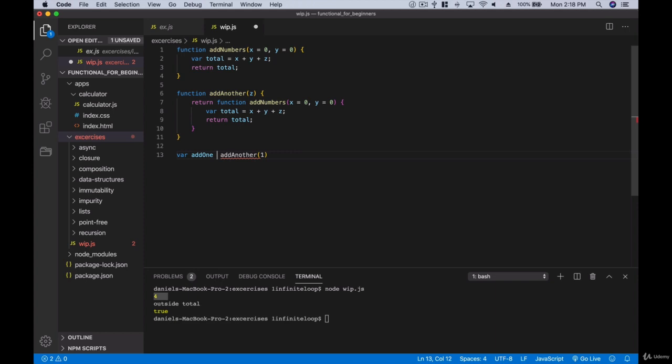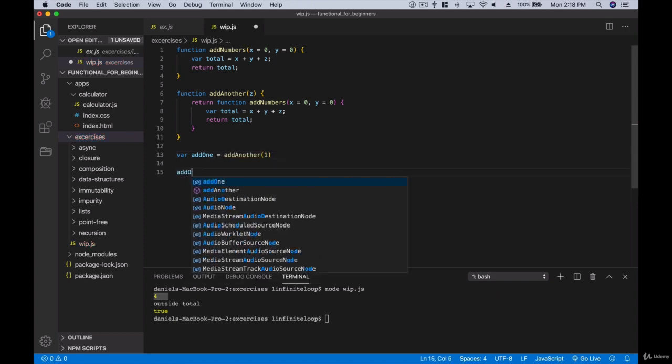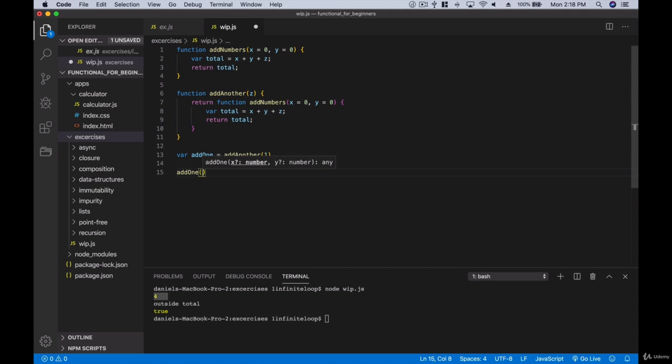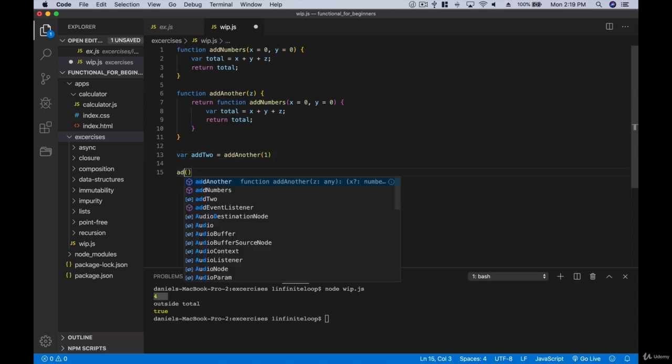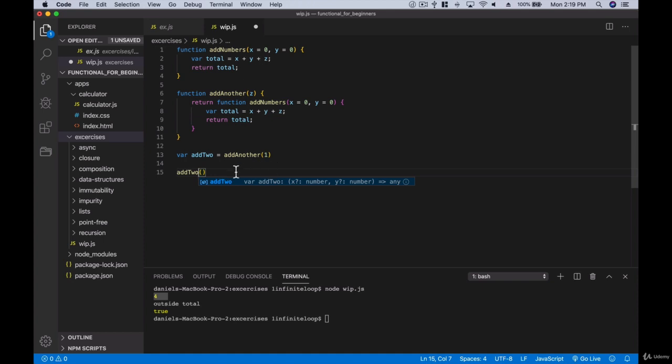Okay. So add1. If we call add1 now, you remember it is going to return a function that takes 2 arguments. So let's call it add2, so that it's easier to understand. Now when we add another, we're passing in the number 1. And then when we call add2, because it returns a function, if we call it,